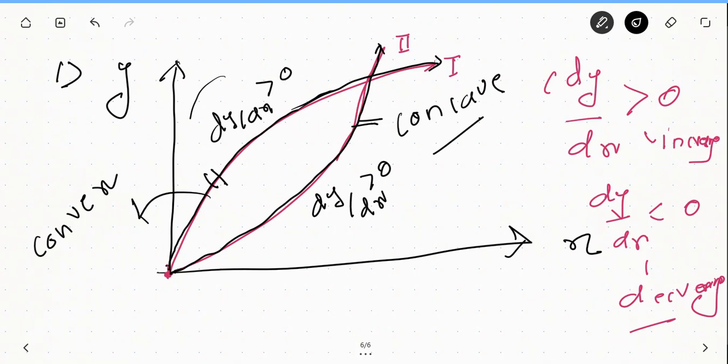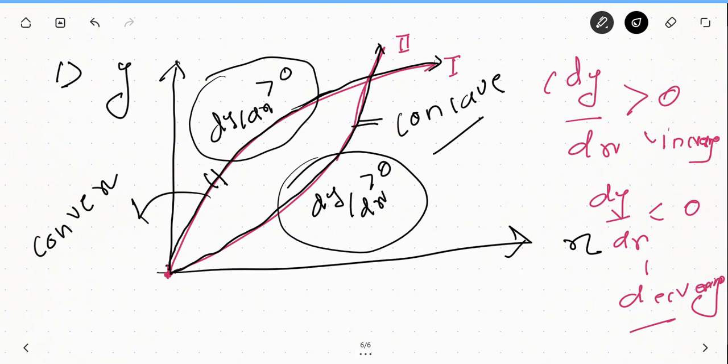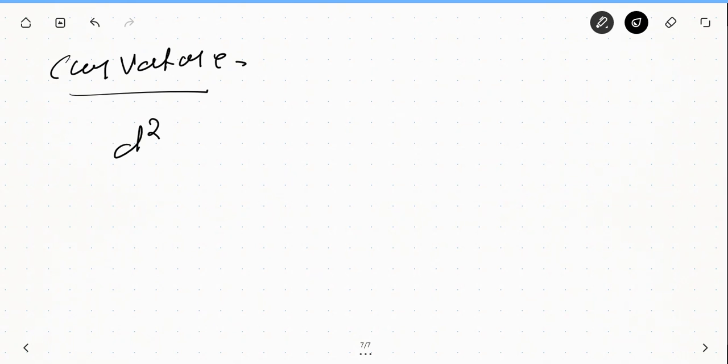So up to this it is clear that both curves are increasing functions. Now we need to identify why one is convex and why the other is concave. What do these two words, convex and concave, represent? They represent the curvature. And do you know what the equation of curvature is? It is a second order, second degree derivative. What is the second degree derivative? It is d2y.